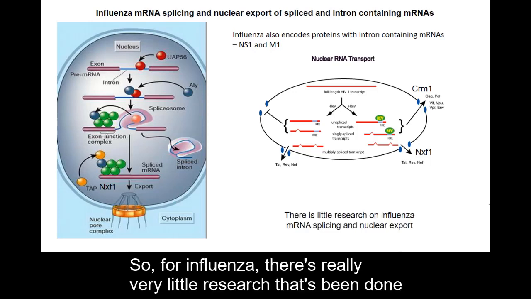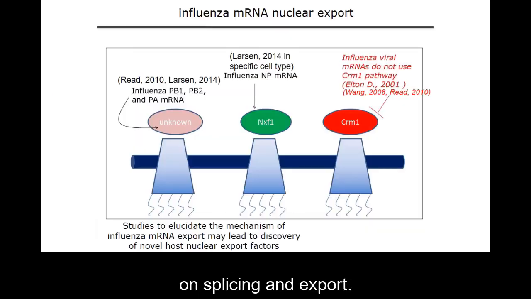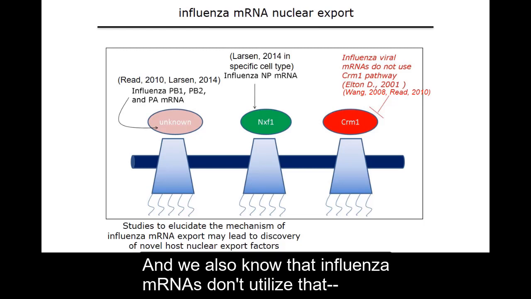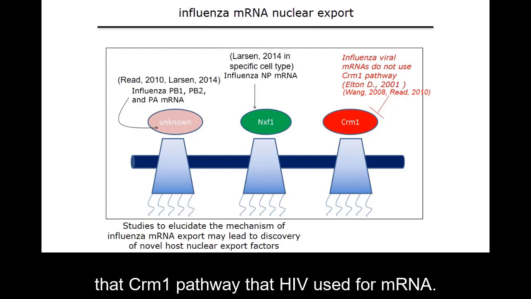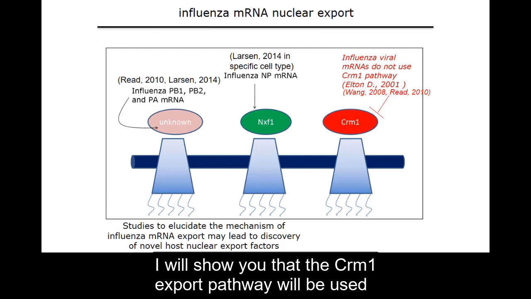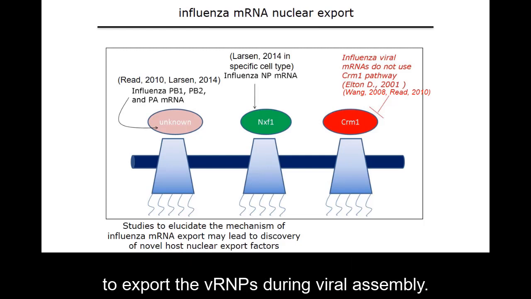So for influenza, there's really very little research that's been done on splicing and export, but we do know that some of the influenza mRNAs do utilize NXF1. And we also know that influenza mRNAs don't utilize that CRM1 pathway that HIV used for mRNA. I will show you that the CRM1 export pathway will be used to export the vRNPs during viral